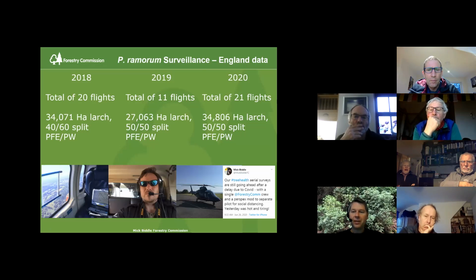Of course, that's down to our knowledge of what is in the public forest estate and what analysis has been taking place using aerial photography and people sitting down trying to work out where larch actually is. Now you see in 2019, there was a big drop in the number of flights. We only did 11 flights, and that's because our priorities were taken away from Phytophthora ramorum in a number of ways. In the beginning of the year, there was a spruce bark beetle outbreak